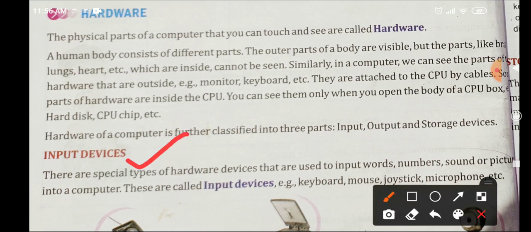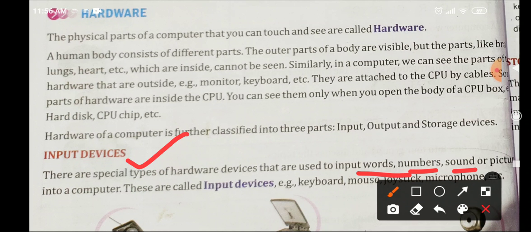We give the instruction, the data to computer in form of words, numbers, sound, picture, right? So all these inputs and data or instructions we can give through some devices. All these devices which help us to give data and instruction to computer are called input devices.